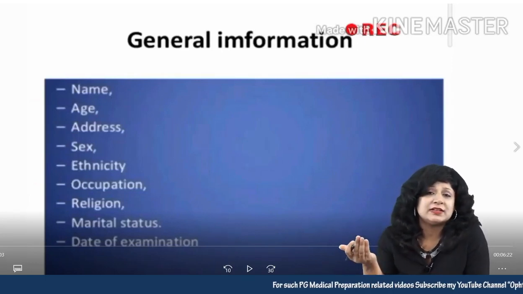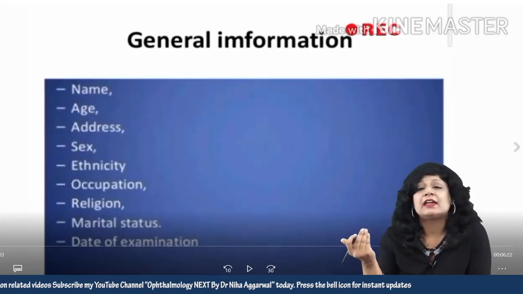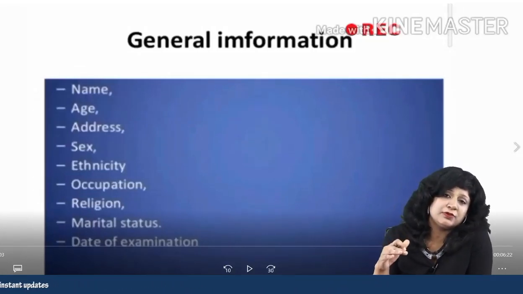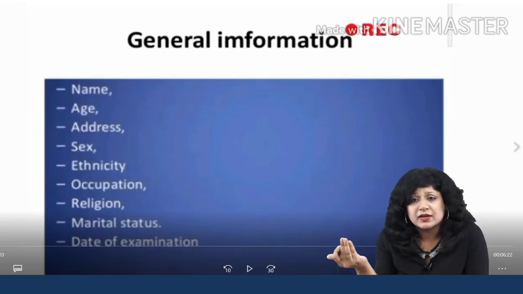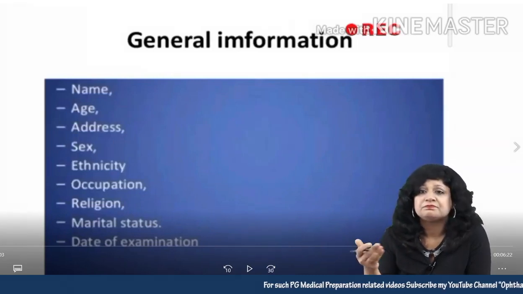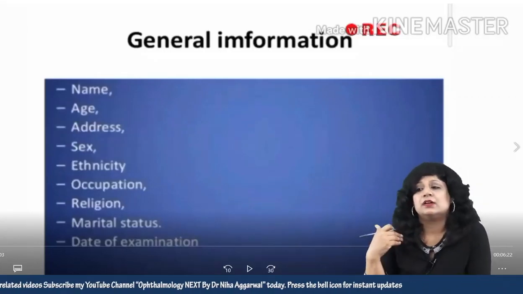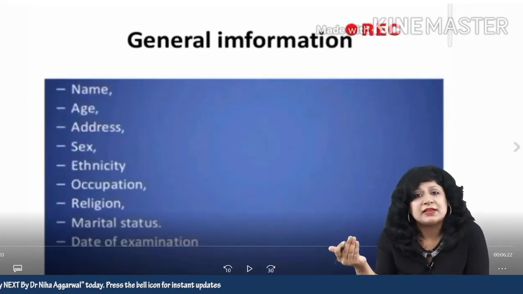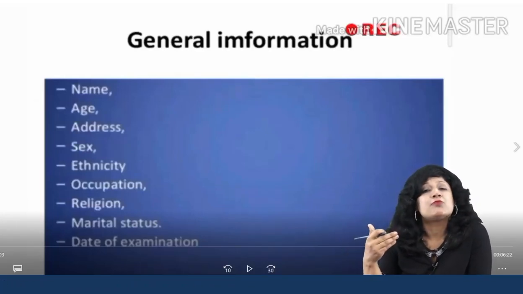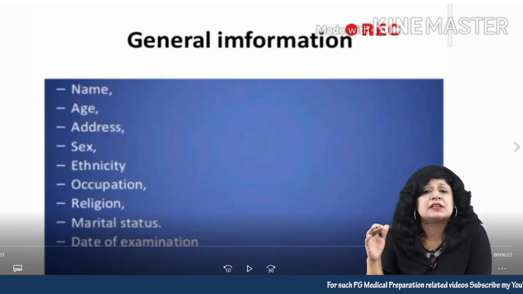Then you have to also enter the gender. So obviously you will come to know while you are talking, male or female. And again, there are certain diseases which may be more common in males, certain diseases more common in females, or they can be equitably distributed also. Like angle closure glaucoma is more common in females. CSR is more common in males. CRAO is more common in males. Likewise, females have more chances of developing diabetic retinopathy. So obviously gender plays an important role.